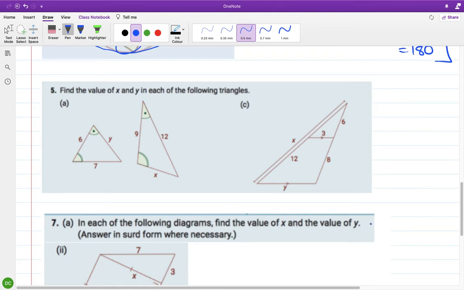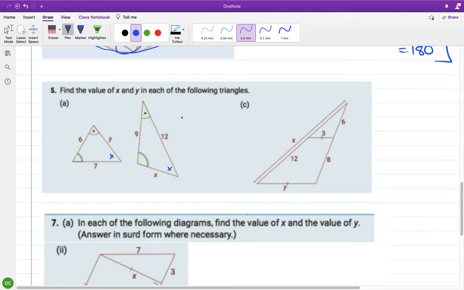Find x and y in each of the following triangles. They're telling us that these two angles are the same with the dots, and that these two angles are the same with the double lines, and that means these two angles have to be the same, which means they're equiangular triangles, even though they don't look it at all. So that means I can do the whole